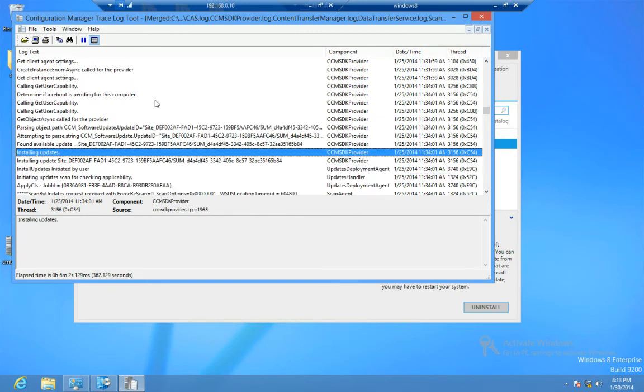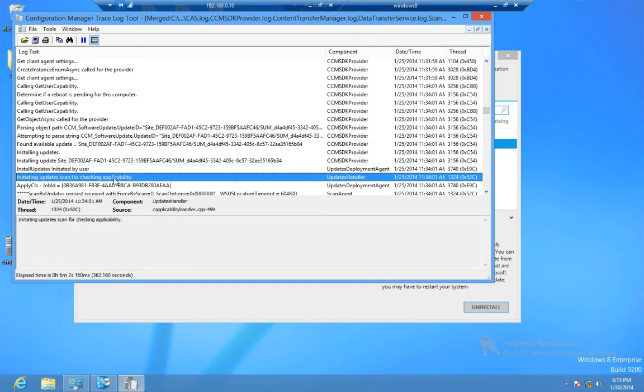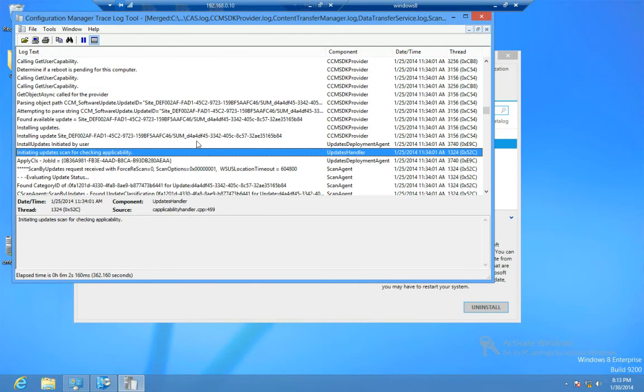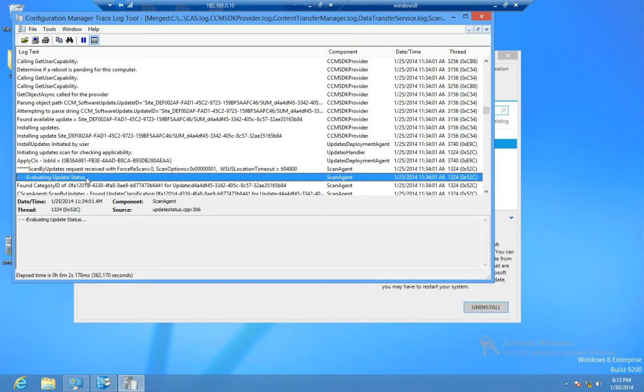Well, right away, whenever we start the install, we're handing off to updates deployment agent, which also is interacting with updates handler. So you see, we start the install. First thing we have to do is check for applicability in a scan. So updates handler is going to be handing off to scan agent, just like we saw, right? So you see how these components kind of roll together all in line, and there's crosstalk back and forth between